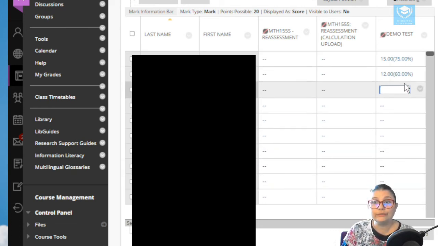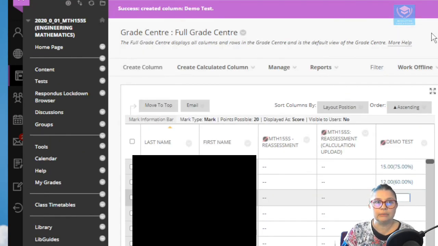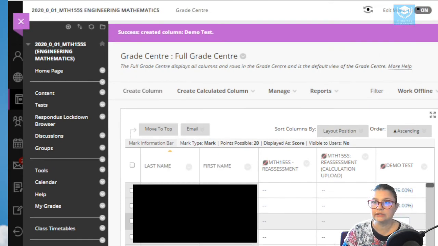And then once you've finished with all your students, you can then just go and unhide the column, and the students would be able to see it. In fact, let me show you what that looks like. So if I enter preview mode, let me just bring that down so you can see. If I enter student preview mode,